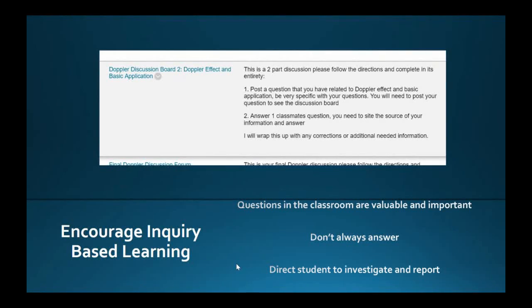Sometimes what I've done to encourage this is two-part discussion boards. This is an example where they put a very specific question, but they couldn't see the forum until they put their question. Then the second half is they had to answer another student's question from a book, citing it. So they had to go and investigate a little bit for their classmates as well. I found this has really helped them. Okay, well, this person found it on this page. Their questions were being answered, not by me, so they're looking a little bit deeper at the material.